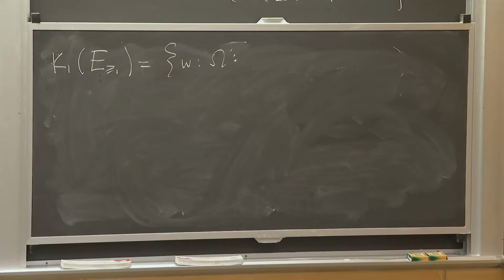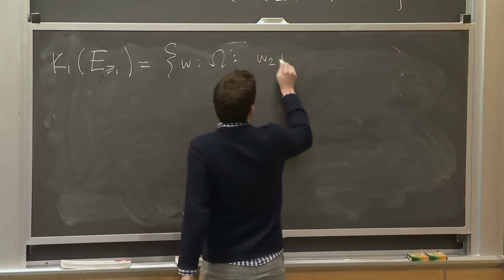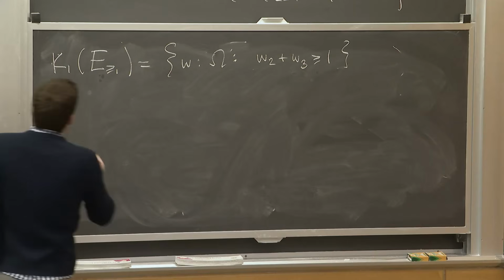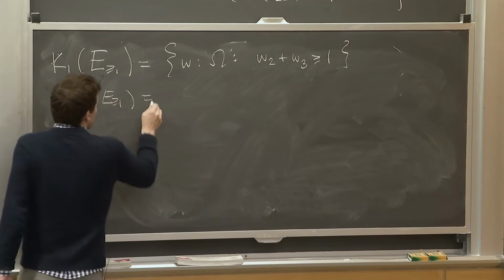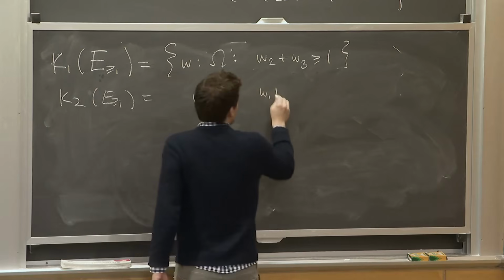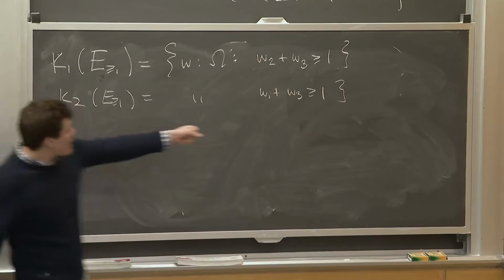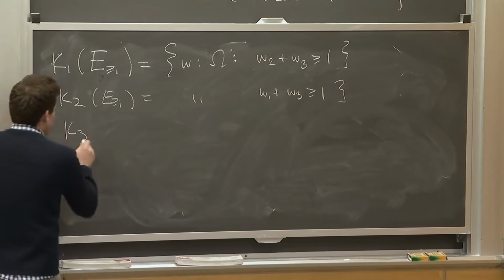Exactly. So I only know at least someone's hat is red if I see a red hat. And I'm player 1. I see hats 2 and 3. I look at them. If either of those is red, then I know at least one person's hat is red. So this is the event that W2 plus W3 is greater than or equal to 1. And symmetrically, for player 2, it's W1 plus W3 is greater than or equal to 1. Because if I'm player 2, I can only observe the hats of player 1 and player 3. And then finally, K3